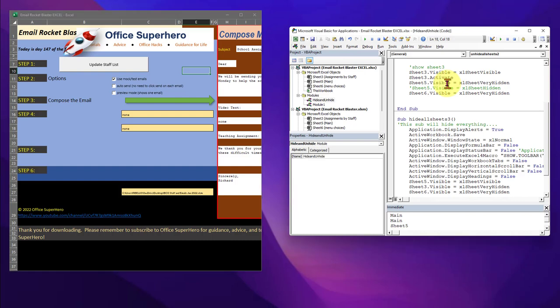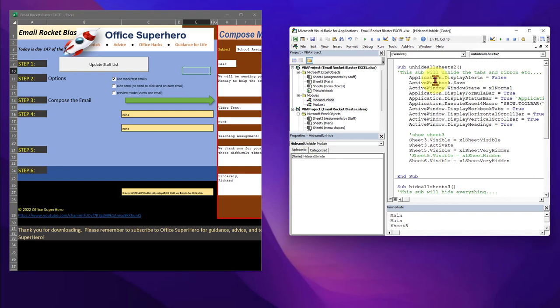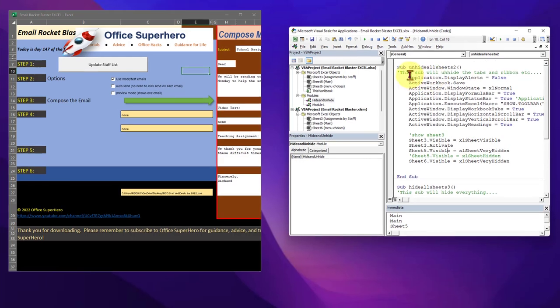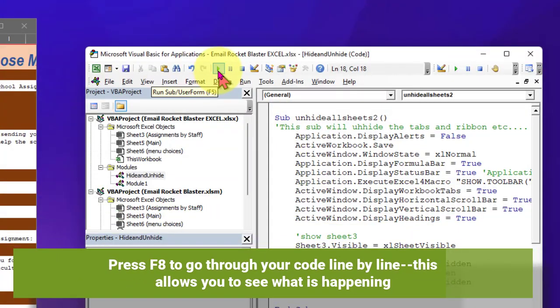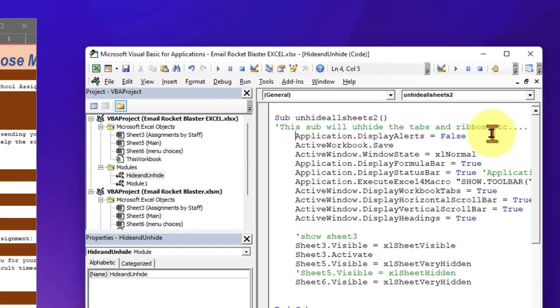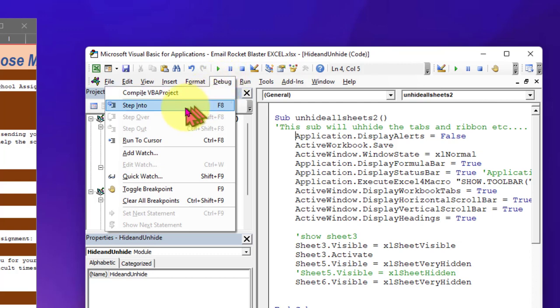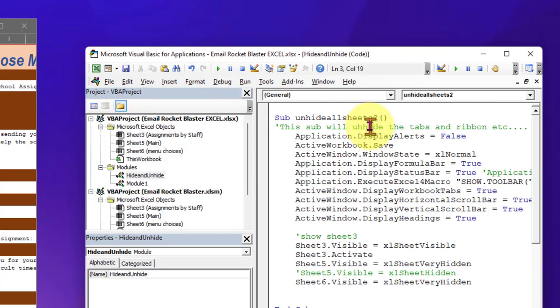Let me show you one more thing about running code. Sometimes you want to run a code and you just want to go line by line very, very slowly. You don't want to click here. What you really want to do is you want to step through it line by line because you want to be able to debug the code. Debugging, we'll cover that in a later tutorial. But on your keyboard, you're going to press F8, and you even have this right here on the menu. Step into F8. So I press F8,